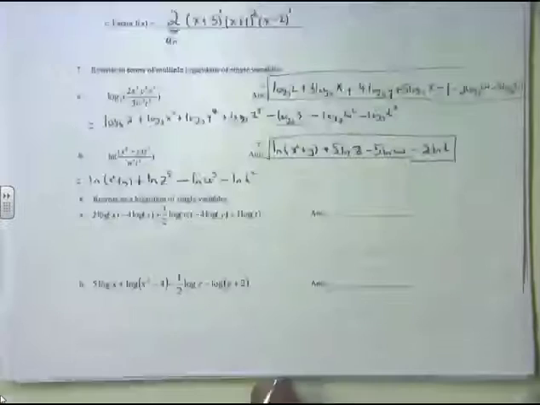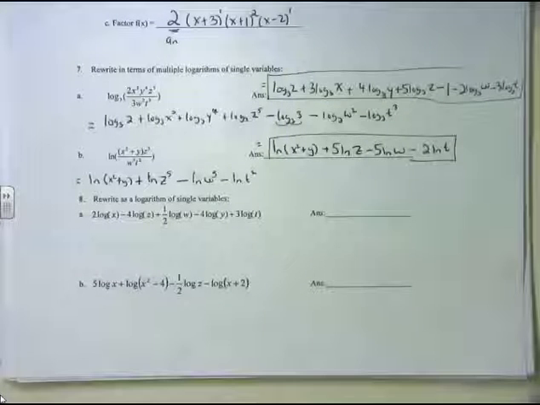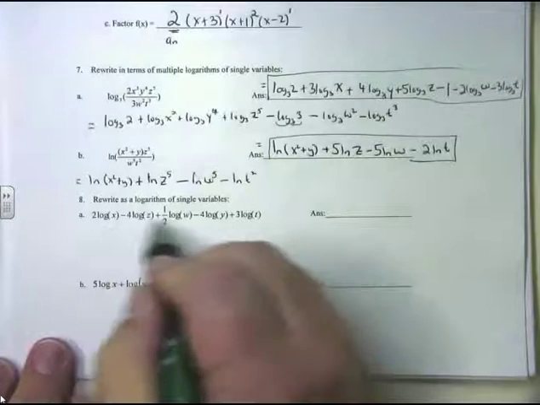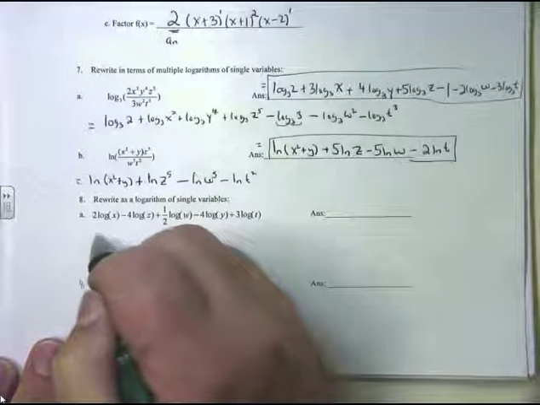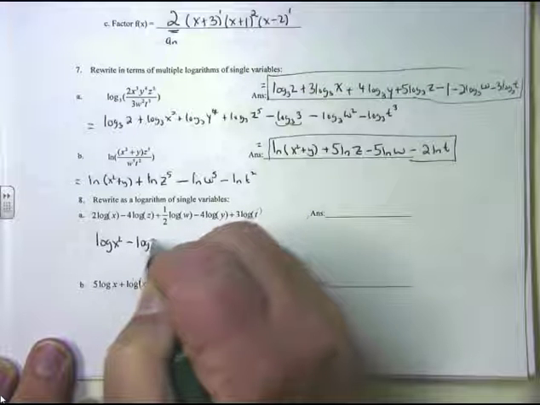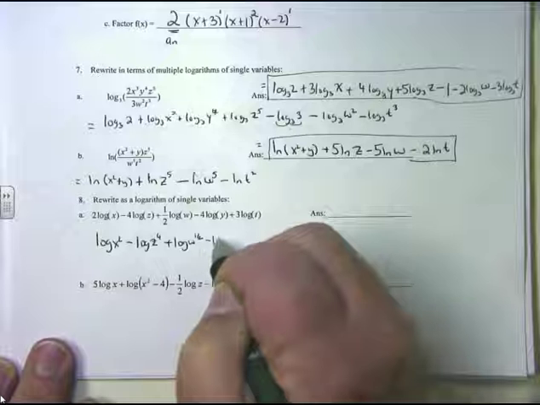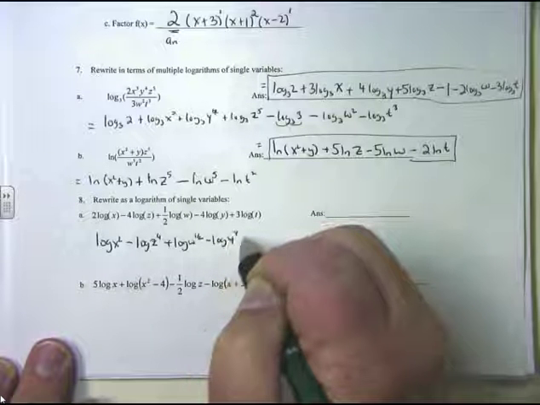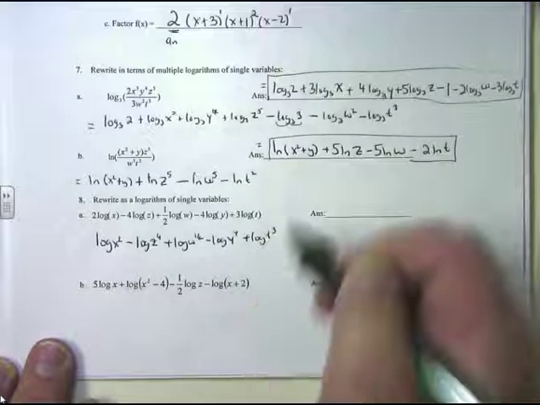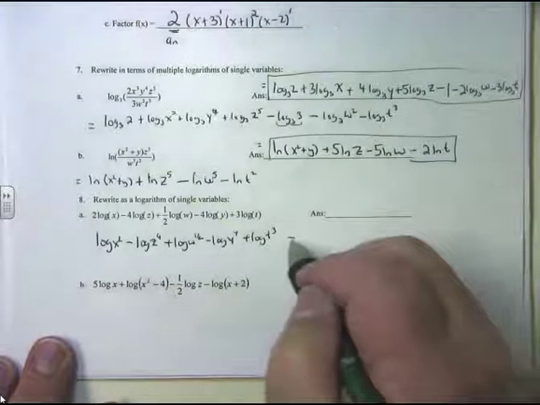Now, classic with the Humpty Dumpty problems, you bust them up. Now we're going to put them back together again. But before you can combine logs, you got to make sure the coefficient in front of the logs are 1. So if you have numbers in front of the logs, you got to put them back where they came from. So this would be the log of x squared minus the log of z to the 4th plus the log of w to the half minus the log of y to the 4th plus the log of t cubed. All the powers went back. And now make it one big log